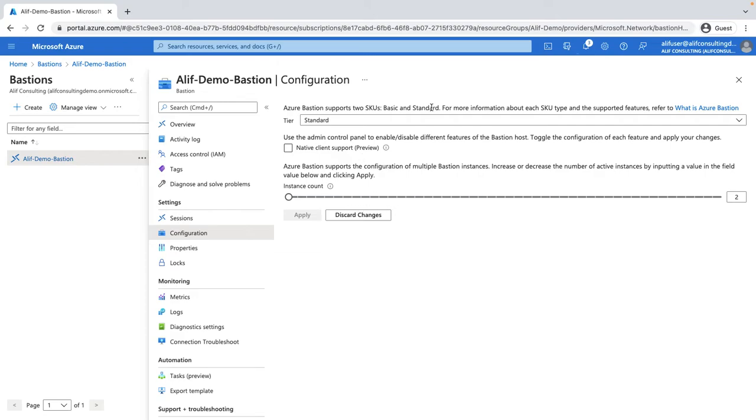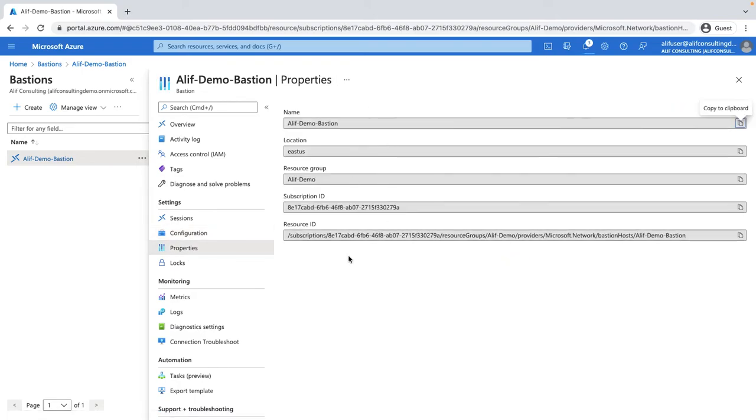You can go ahead and change the SKU. You can go ahead and increase the instance count for Bastion host as well. And then you do have a property to see the